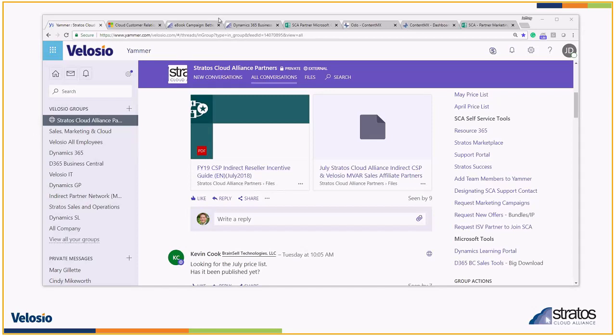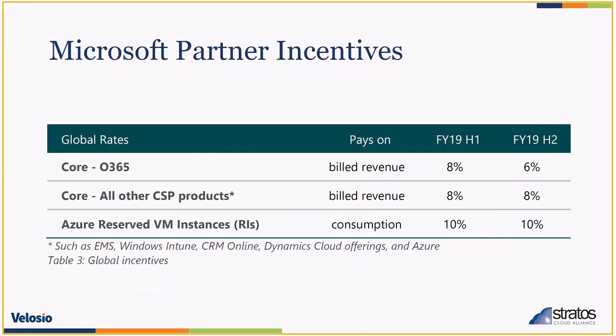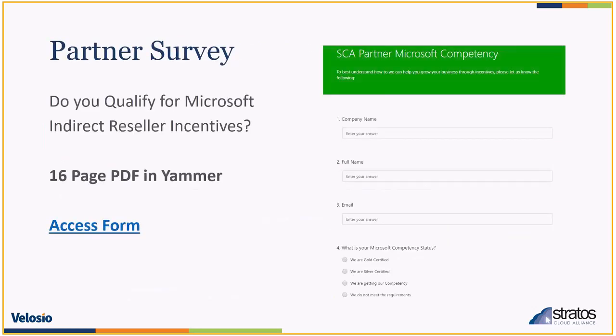All right. So that was a good flow. Let me go back to the presentation. We just covered the survey. We put in the results. Within here, you can see the partner survey. We really would like to know where you stand. It's really important that we have this information so we can set the best programs for you.